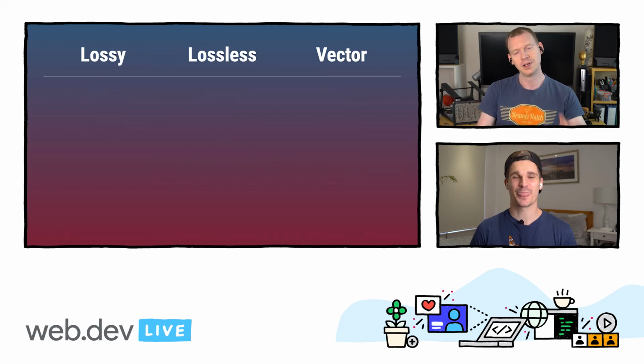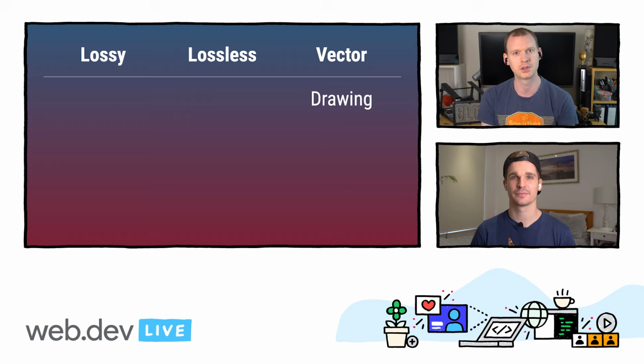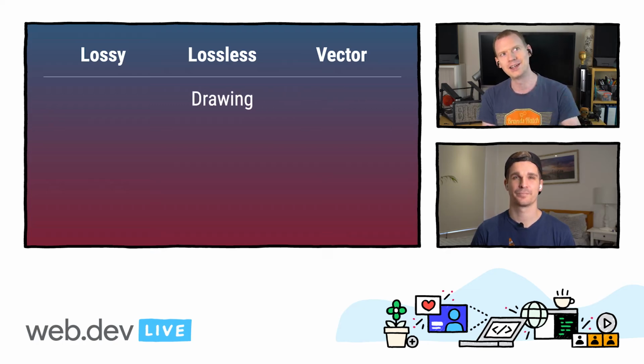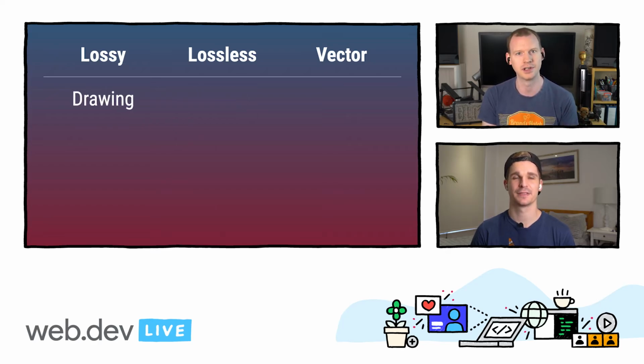But I've got a question for you. If you have a digital drawing, a drawing that has been created on a computer, which format would you use for this? If at all possible, SVG. Yeah, I agree with you, because a vector can be any resolution, so it's ideal for drawings. But sometimes the drawing is really complex, so it's actually smaller and much faster as a lossless image. But then again, if the drawing has a lot of gradients and shading, it might actually be smaller and acceptable in a lossy format without it looking bad to the user.